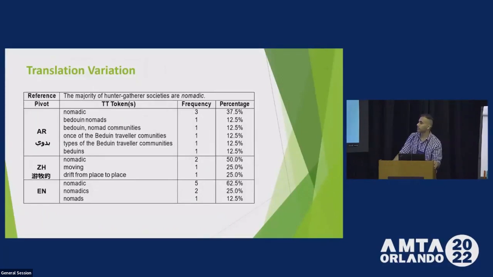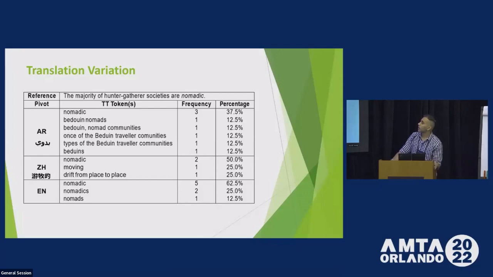62.5% is the same literal translation, and for the other translation variations, it's still the same lexeme of nomad, and that's why we think it's always scoring higher, because maybe there is this more literal tendency of translation by monolingual paraphrasing, since the process itself is introducing more priming effect of the source. So the source text English primes into the target English, since the process is just monolingual paraphrasing. It's the same language. While in Arabic and Chinese, we see